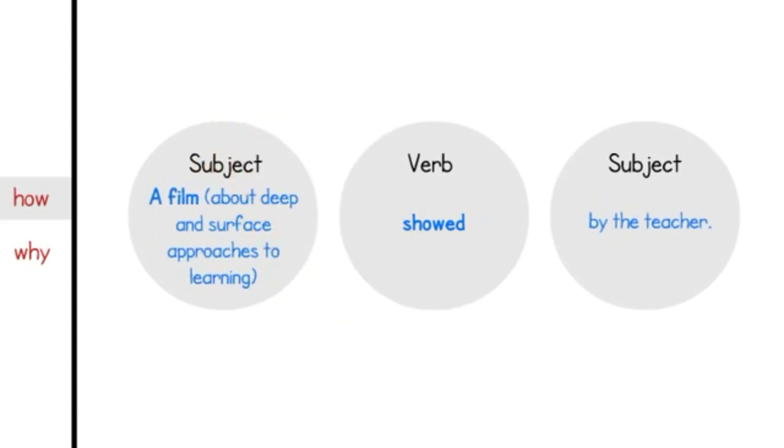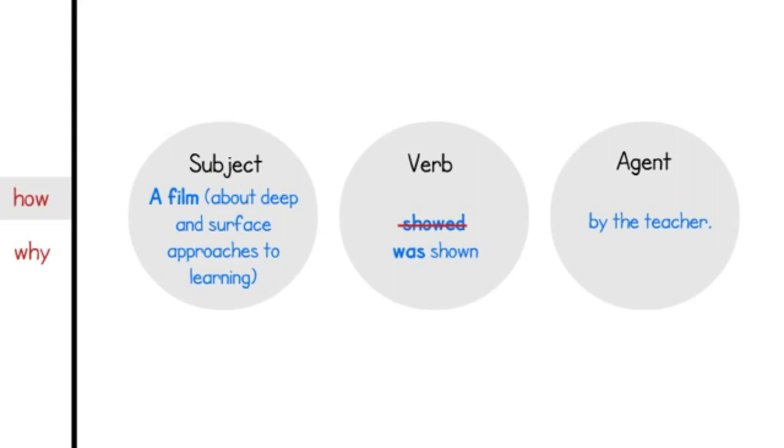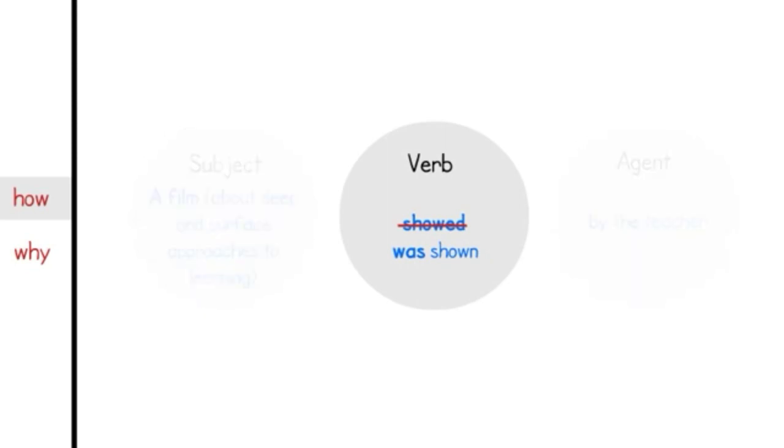Meanwhile, the subject of the active sentence becomes the agent of the passive sentence. So, the passive sentence will be, a film was shown by the teacher. Notice that the verb showed has now been changed to was shown. Both of these are in the past tense, because when forming the passive voice, we don't change the tense,